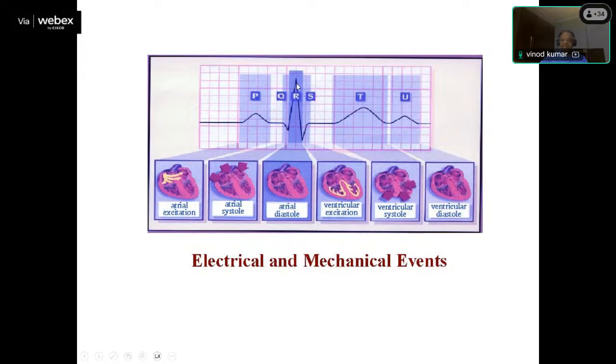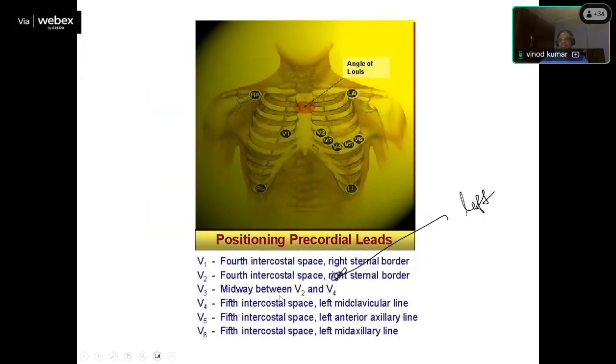Like an electrical engineer, we know that the x-axis is time and the y-axis is amplitude. So both the x-axis, that is time, and the y-axis, that is the magnitude of these pulses, are important. And how is ECG measured? Basically, we put